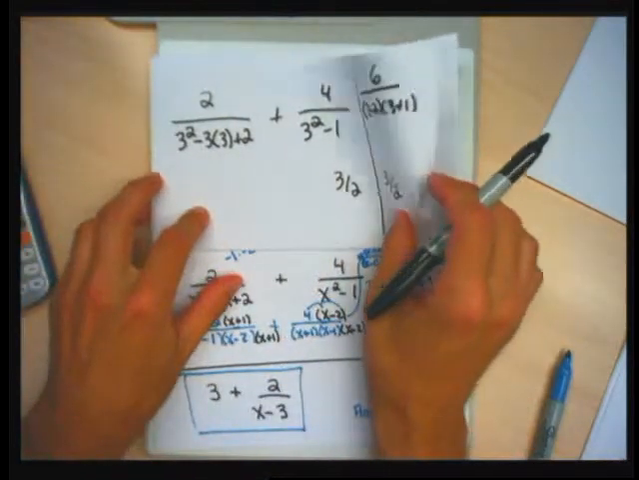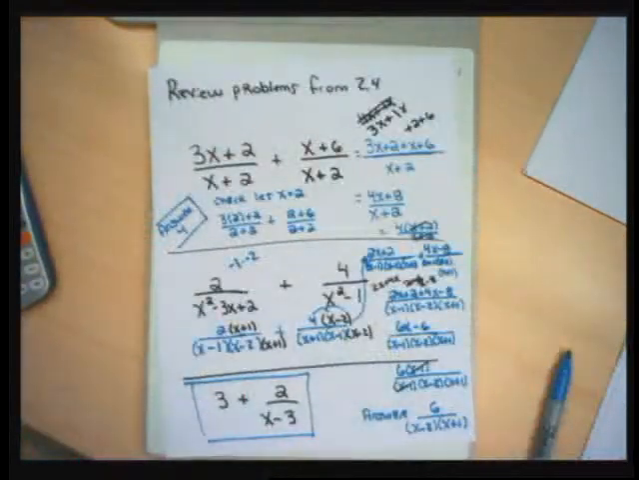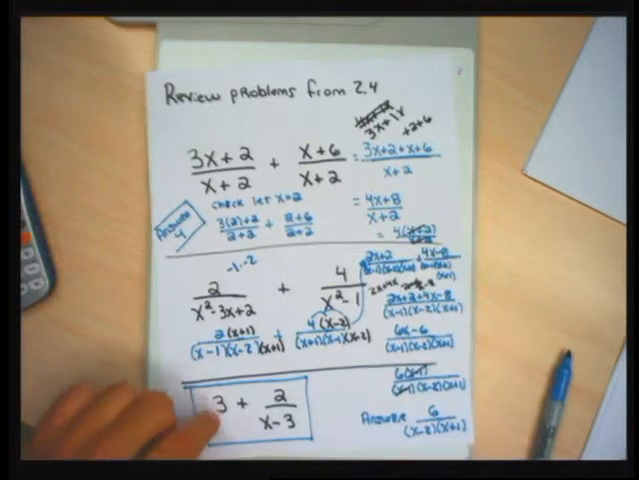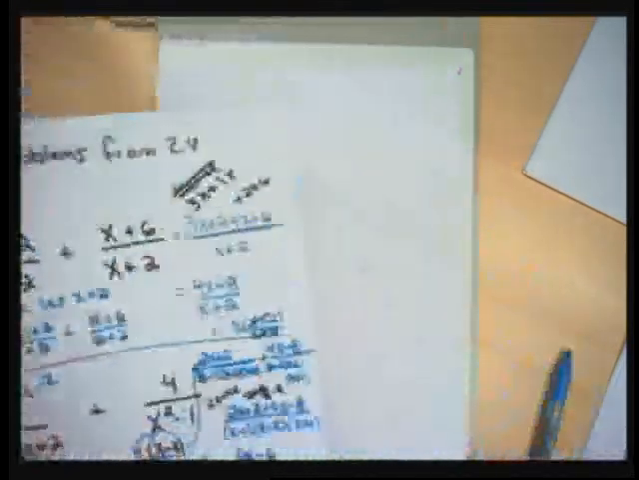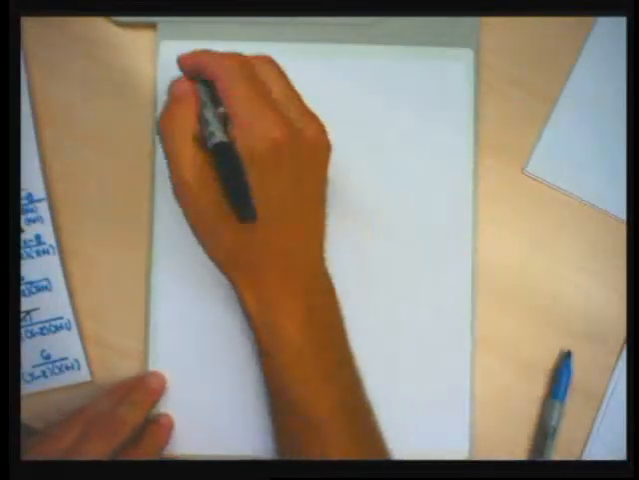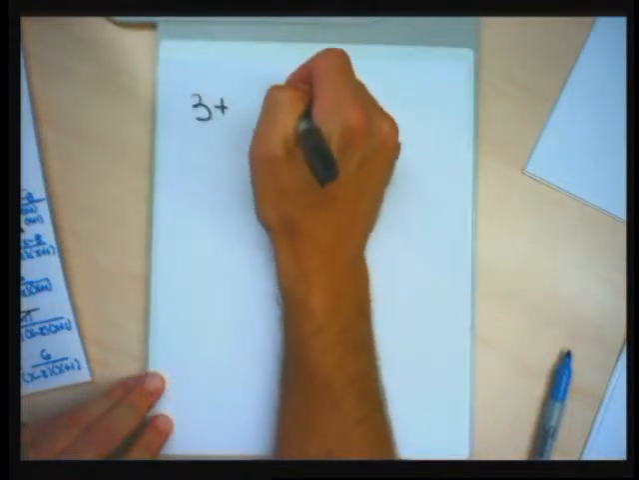So the last problem that I'm going to do to review section 2.4 is this problem down here, which is really the easiest of the problems that I made up. But if you didn't stick around and watch the end of the video, maybe it won't feel so easy. So the last problem,